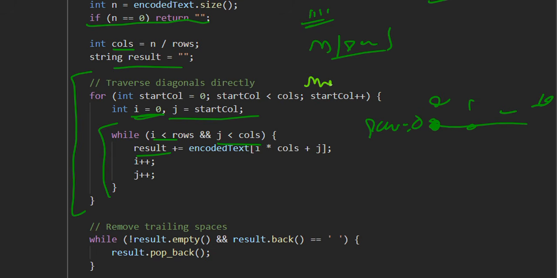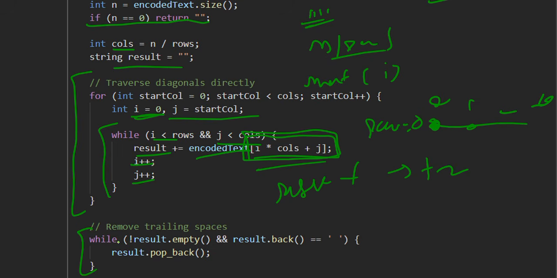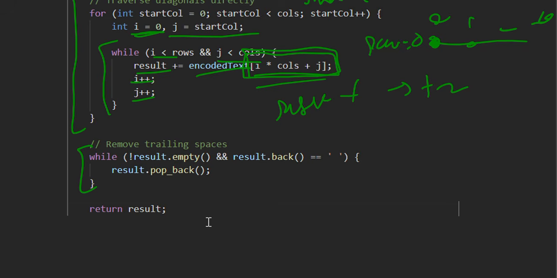Earlier we were doing matrix of i, j, now we are doing encoded text of i times columns plus j, right? And then incrementing i and j. So this way we get our result, but this result has some trailing zeros. Then using this while loop, we will remove the trailing zeros and then return our result at the end.